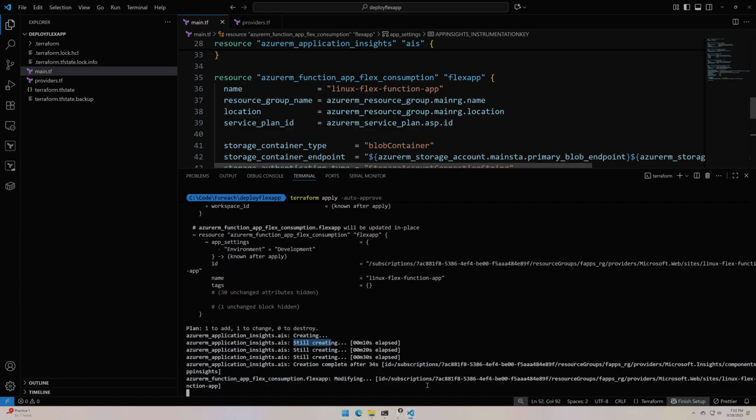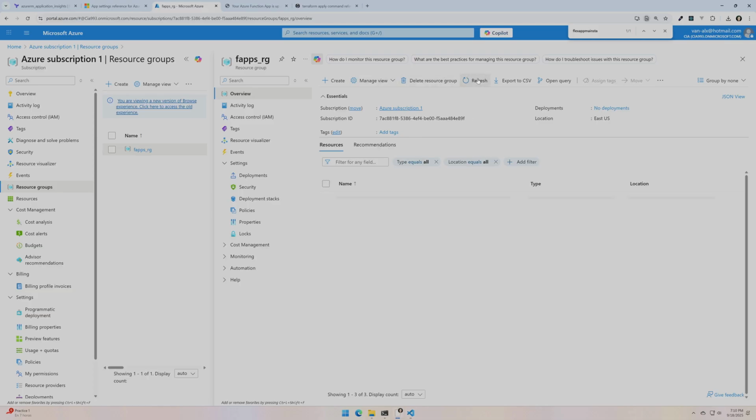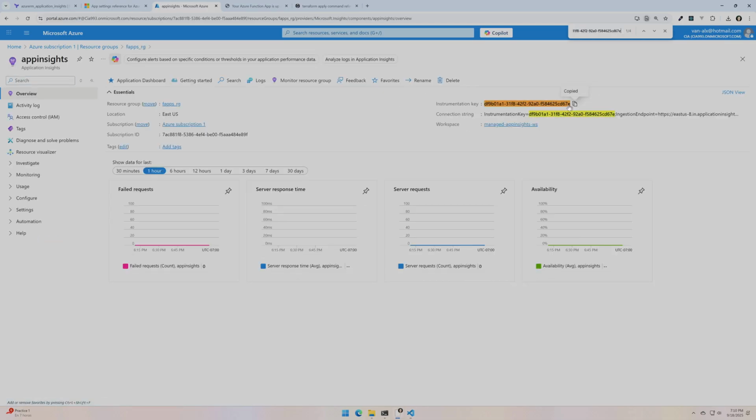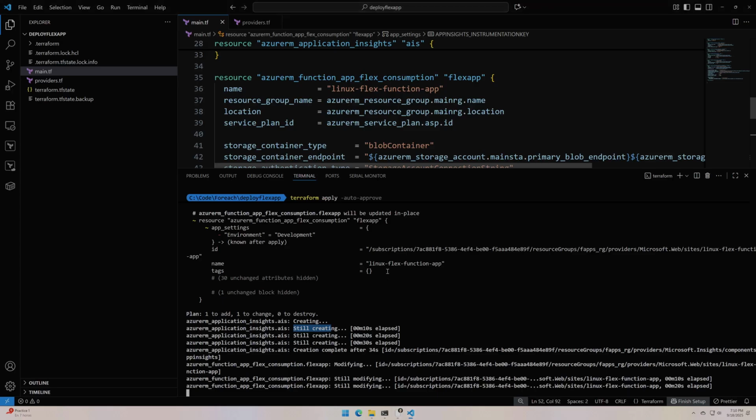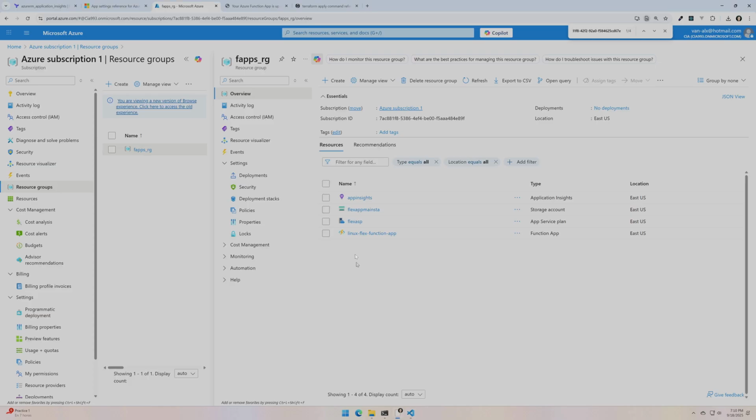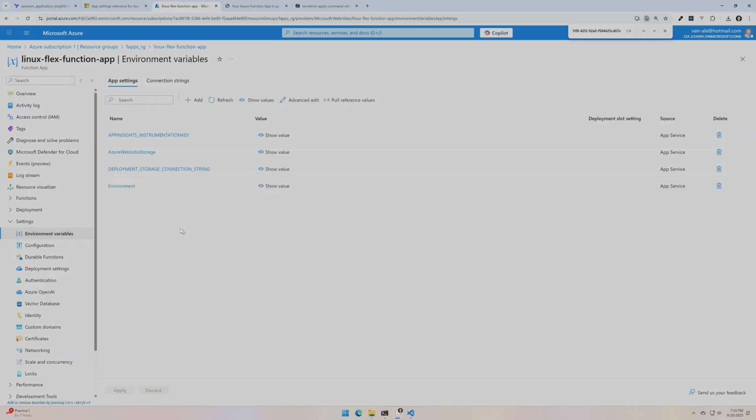Okay, it's created. Then let's confirm. Yeah, we can see the application insight here. Let's copy the instrumentation key to confirm. Let's wait for the function app to be updated with the new environment variable. So let's go there. And as you can see here, app insights instrumentation key has the same value